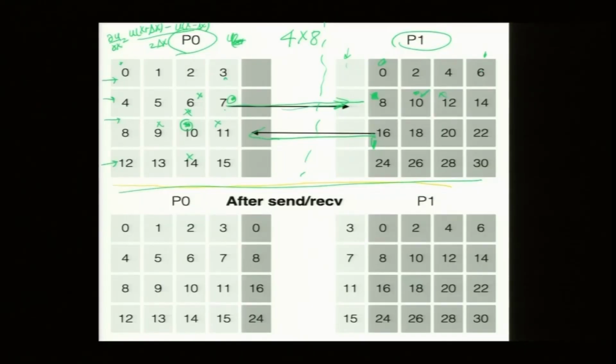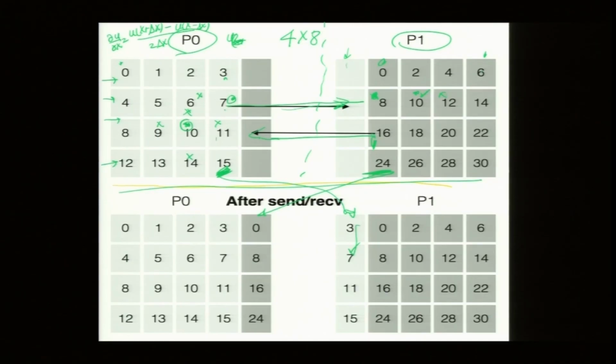So, we need to do the send receive, but not of a single number, but of a full column. We send the full column, which can be done. MPI will manage it. In fact, it is better to send a big data chunk, not small data chunks. So, after this send receive operation, this column has come here. You can see 0, 8, 16, 24, and this column here, 3, 7, 11, 15, has come here. Okay. So, that is what we need to do.